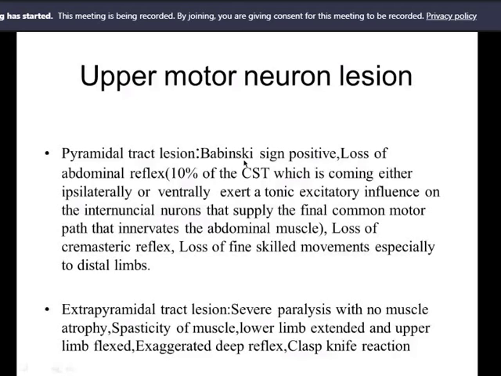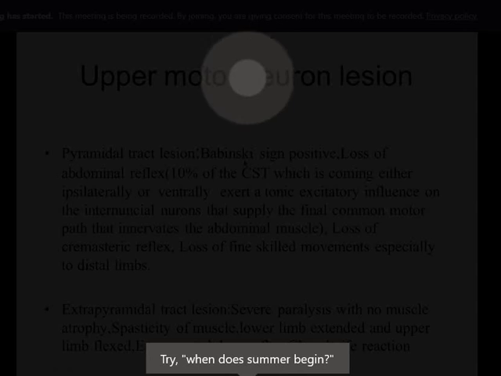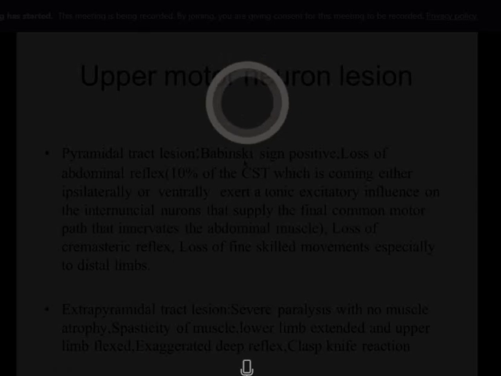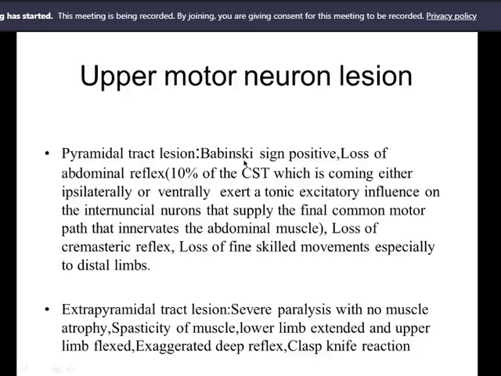Spasticity of the muscles will be there, exaggerated deep reflex will be there. Exaggerated deep reflex is for extrapyramidal tract lesion, right? Because when there is a cerebral stroke, the thalamo-geniculate artery ruptures, and at that time both the pyramidal and the extrapyramidal tract are lesioned simultaneously. Portion, not all. Am I clear? So that is why the upper motor neuron lesion causes all those signs. Am I clear?